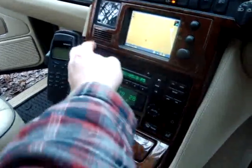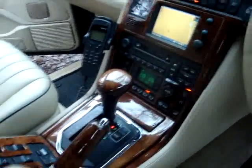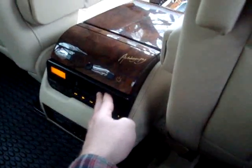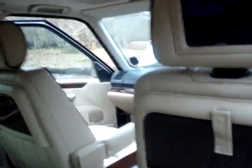I'll put back on FM for a moment. Just turn that one off for a moment. Now I'll just plug in, turn on the system here. Put in a VHS. It should play automatically. Again, if you plug it into 88.3 on the FM,